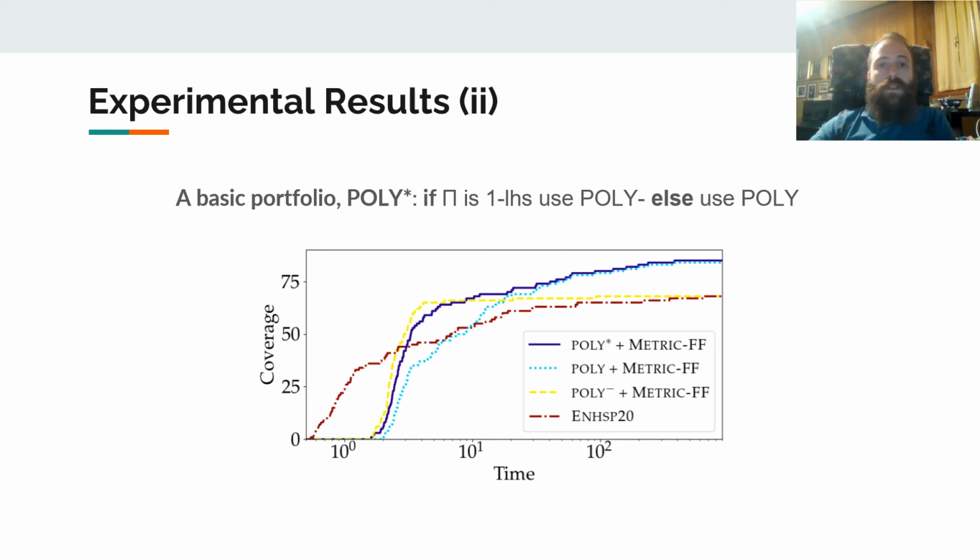We compare the Poly minus, Polystar, and NHSP, which is a planner that natively supports PDDL Plus, in this survival plot, showing how the coverage evolves over time. We can see Polystar works better than single translation schemes because it quickly converges to the higher coverage. The time gap between NHSP and the translation-based configurations is due to the translation overhead.